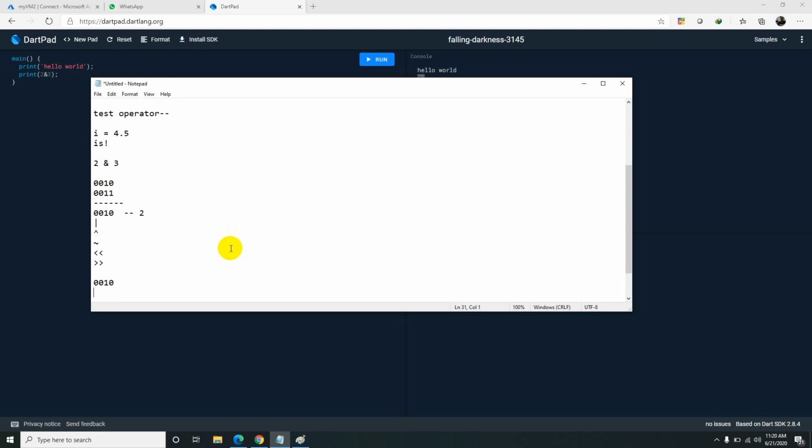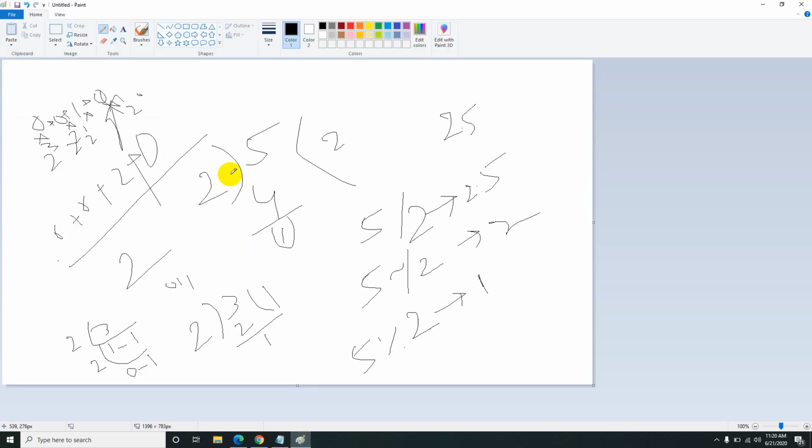When I use the bitwise left shift operator, I will do it like this: 2. So I am shifting by one value for bitwise left shift of 2. So one bit will be moved to the left side. So 0 0 0 0 1 0.